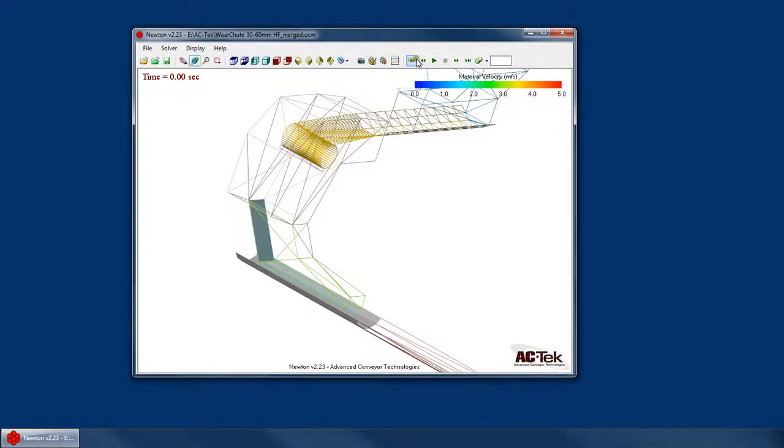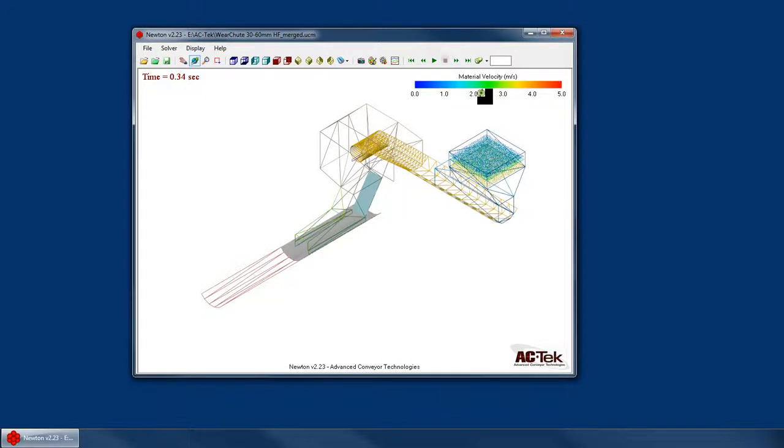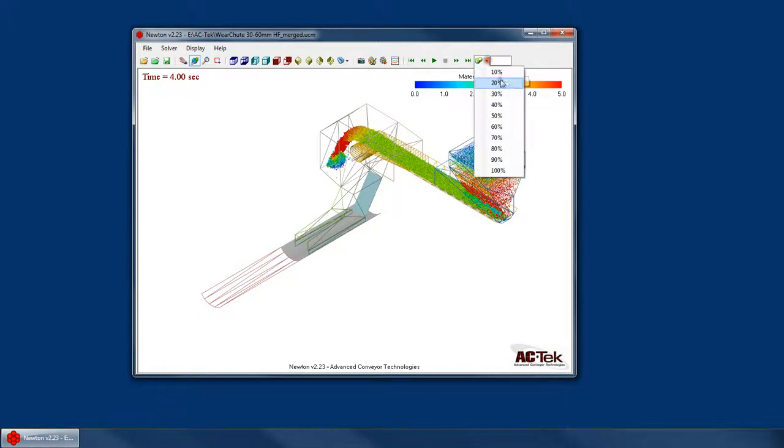And then next to these buttons, we have our main playback commands. There's play and stop. You can skip backward a frame, forward a frame, or you can go all the way back to the beginning, skip all the way to the end. Next to that, there's an option where you can quickly go to a different percent in the simulation. So I want to be 10, if I wanted to move 10% through the simulation, and then 20, and then 30,